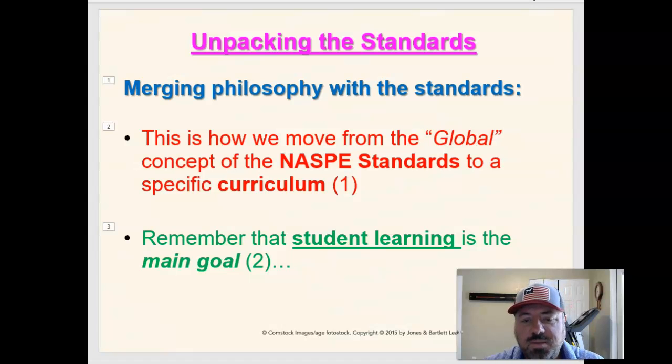All right? Remember, student learning is the main goal, and it must be the focus of a quality curriculum and quality instruction. So we need to look at how we're going to teach all the standards, how we're going to meet those grade level expectations to get students to do things that are on grade level. And other subject areas, they're going to test to make sure students are at grade level, and that's how the school is going to turn in their data to be accredited through the MSEP program.